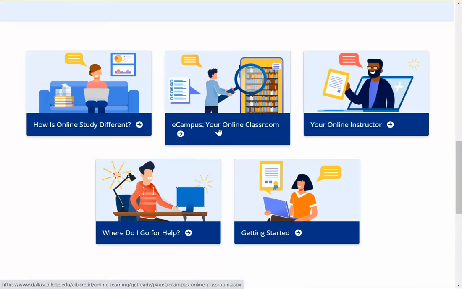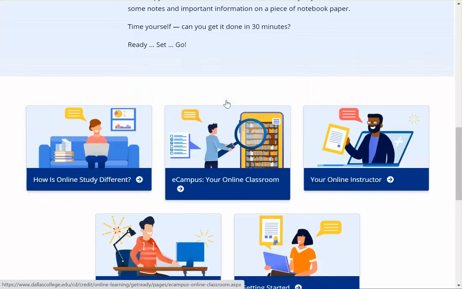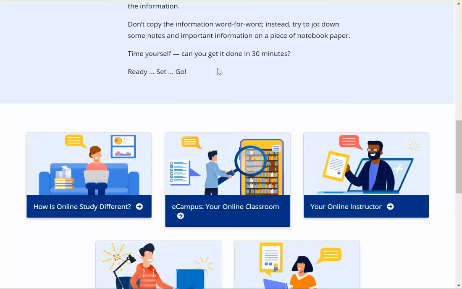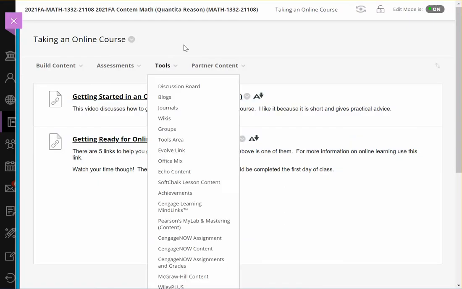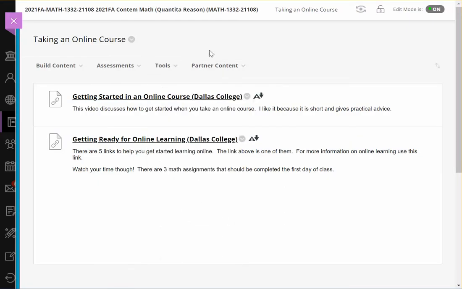Now, there's a lot of good stuff in there, but just be careful not to get too caught up in all that. The most important thing is to get the basics, which I think you'll get from that other one, and to get your assignments done. Remember that the assignments you need to get done the first week. So, all right, so let's